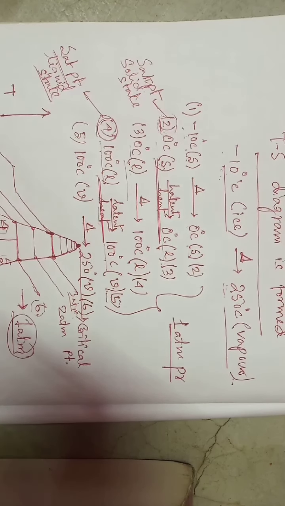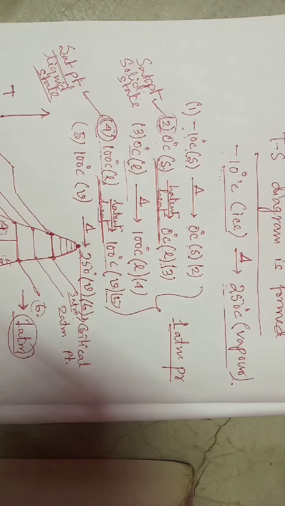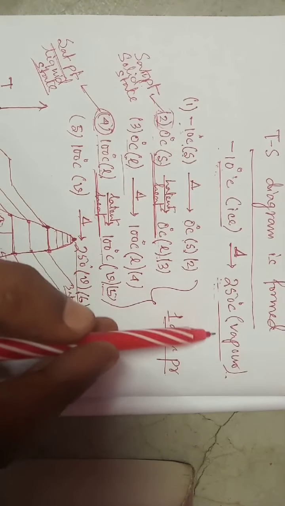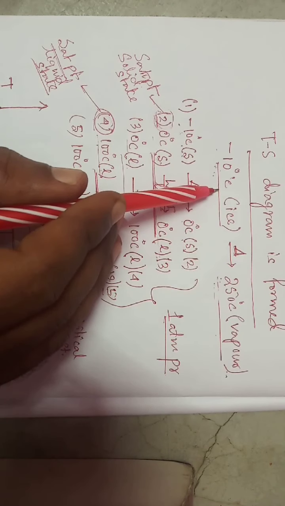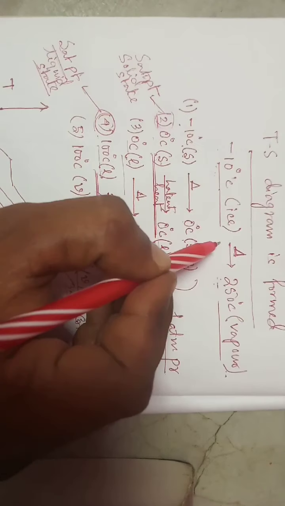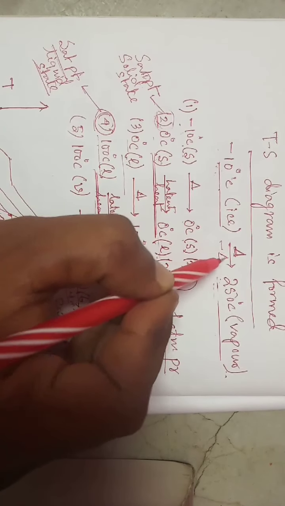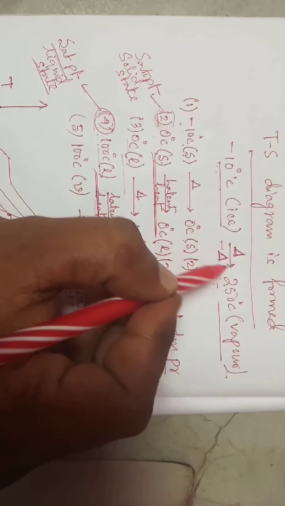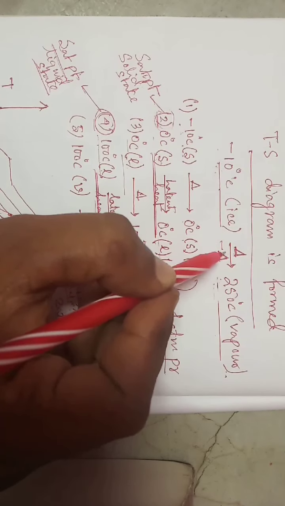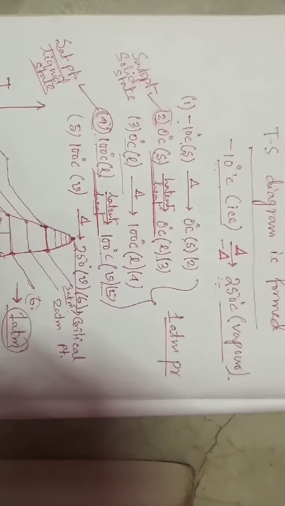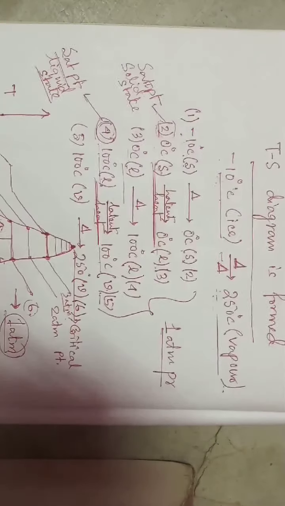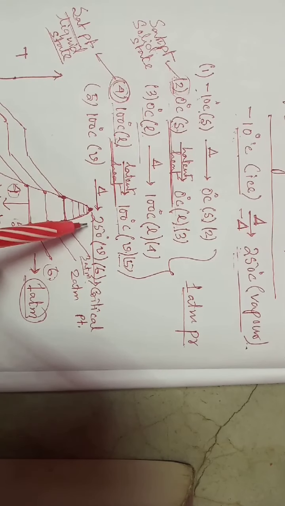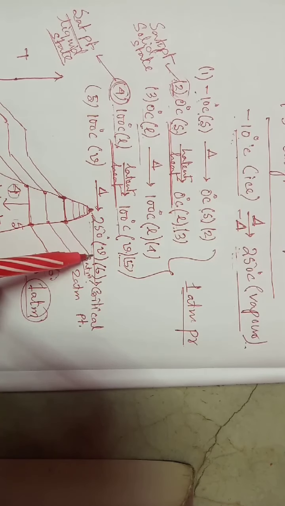Now, if the process is reversed, means if we had to convert 250 degree centigrade of vapor into minus 10 degree centigrade of ice, then what will that be? That will be the same process. In the above case, it is taking heat, and now it will be leaving heat, it will reject heat throughout the process. So what will be the first condition? That condition will be 250 degree centigrade of vapor